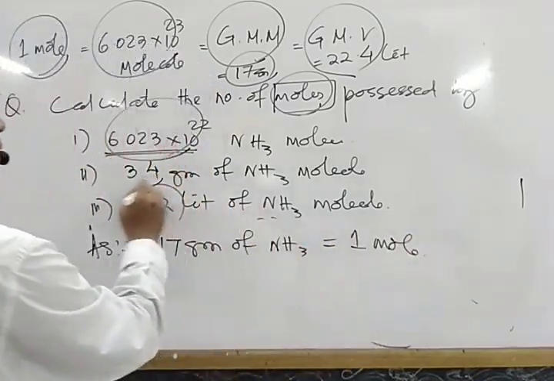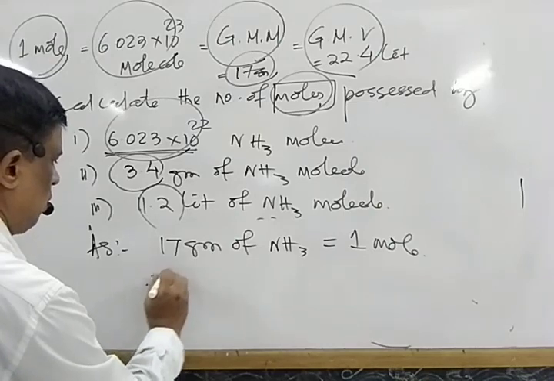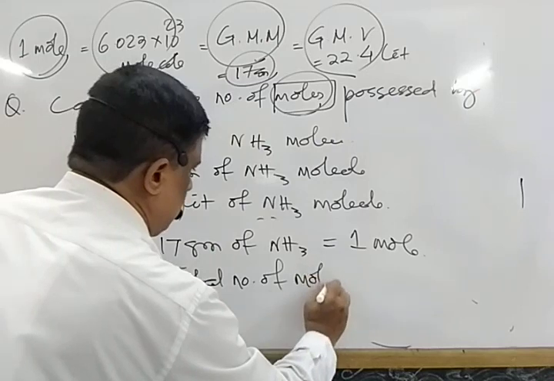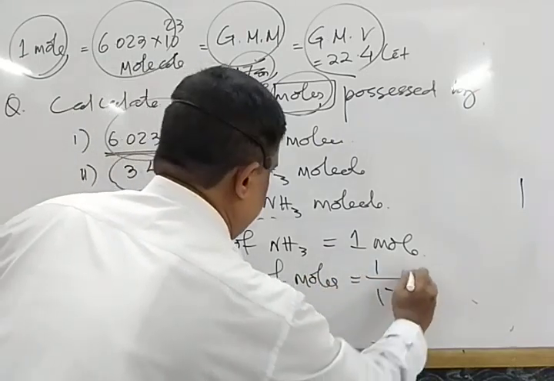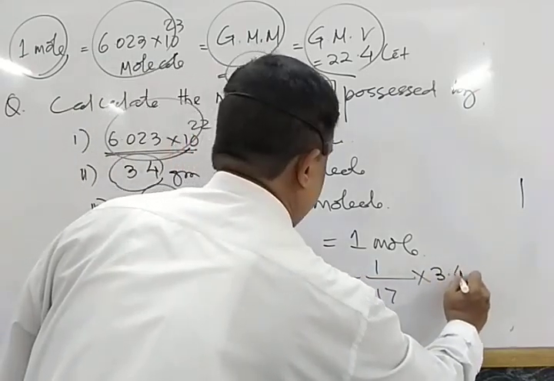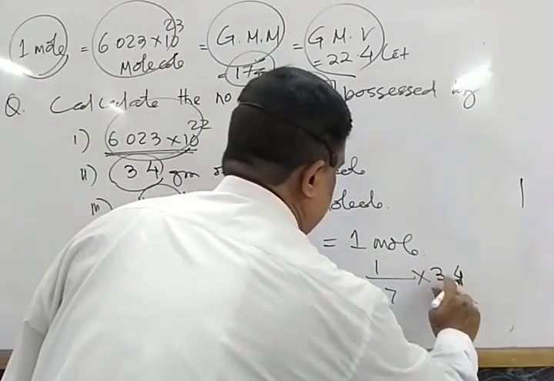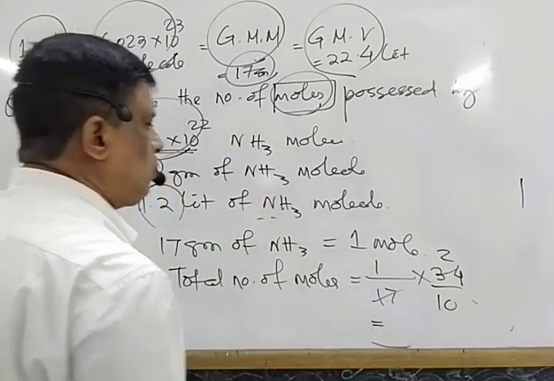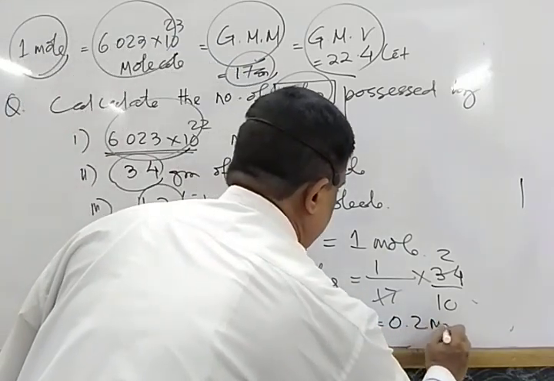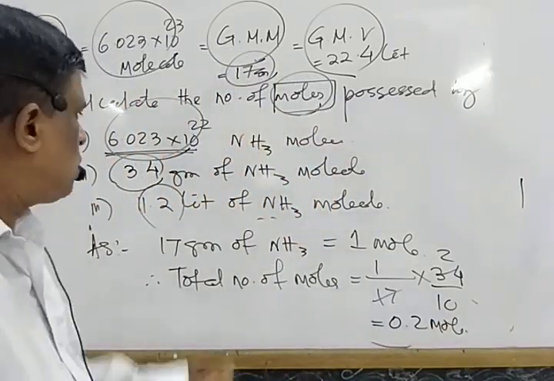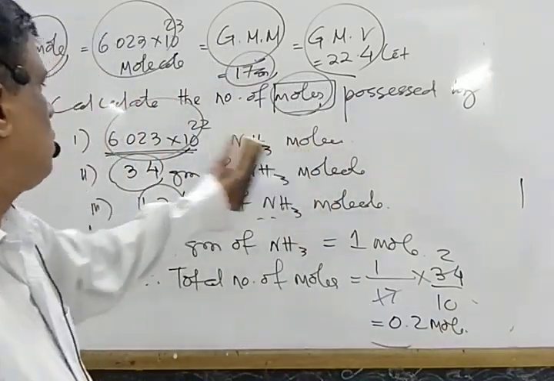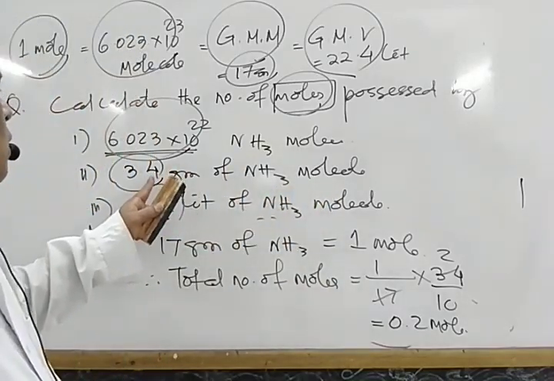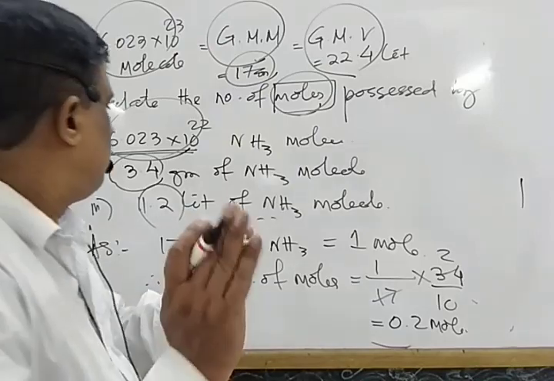So by the question, that is 3.4. Therefore, the total number of moles is equivalent to 1 by 17 into 3.4. That means it is 34 by 10 by 17, that is 2 by 10, that is 0.2 mole. So first we calculate number of moles with number, next we calculate number of molecules with mole, next we calculate